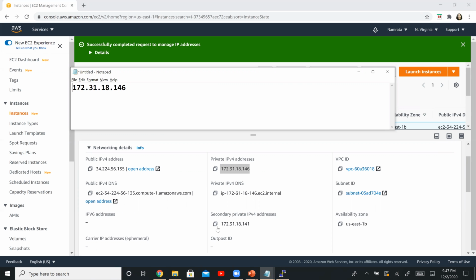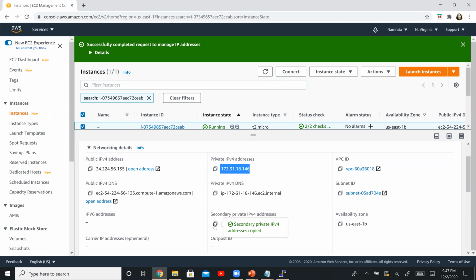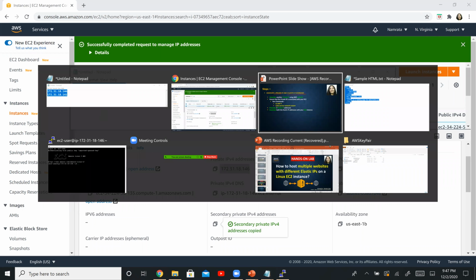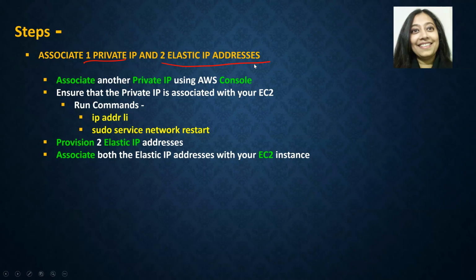And then we gave another IP address, right? Over here that ends with 141. So we have these two private IP addresses that are associated with our EC2 instance. So we have basically completed this step.